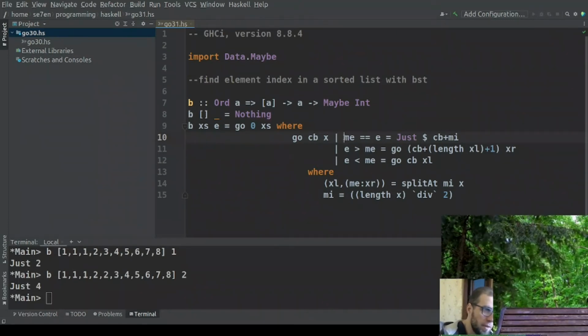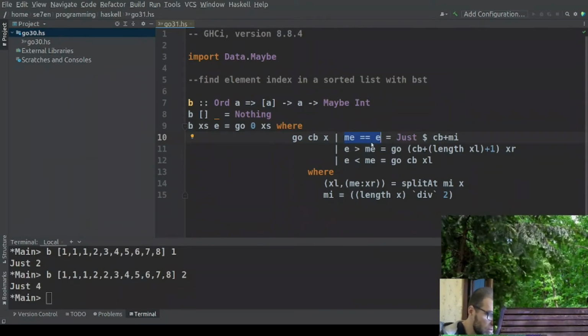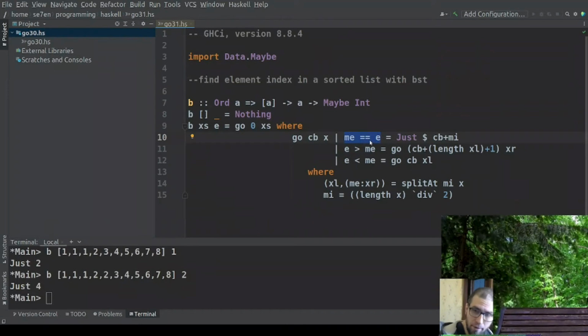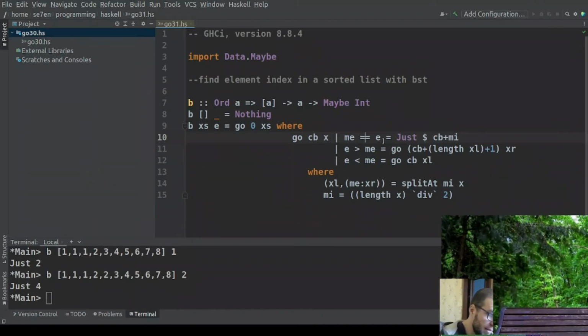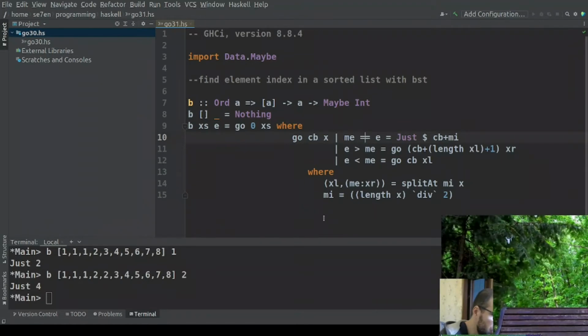But in this case, if we find the element which is equal to our searchable element, we can have the case when there are some equal elements to the left of this median element, and to modify this algorithm to find the first left element which equals our searchable element,